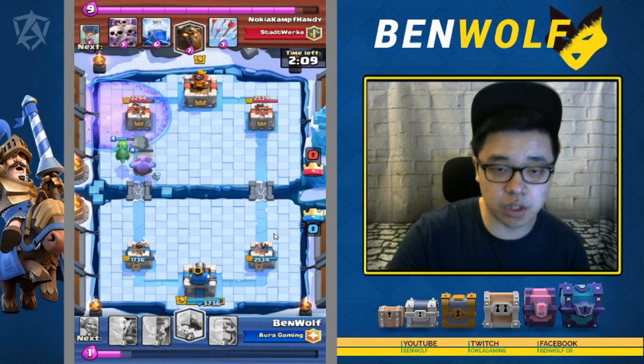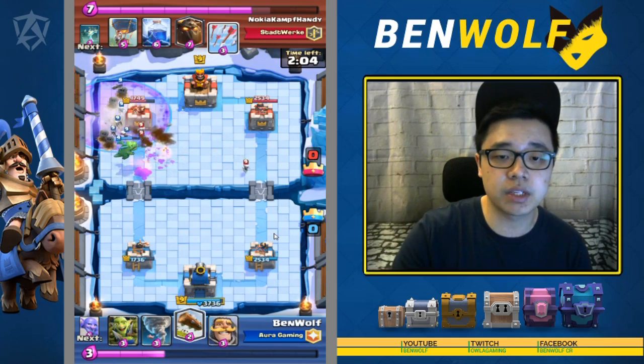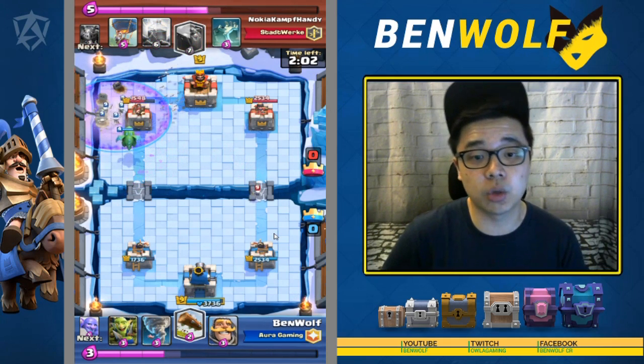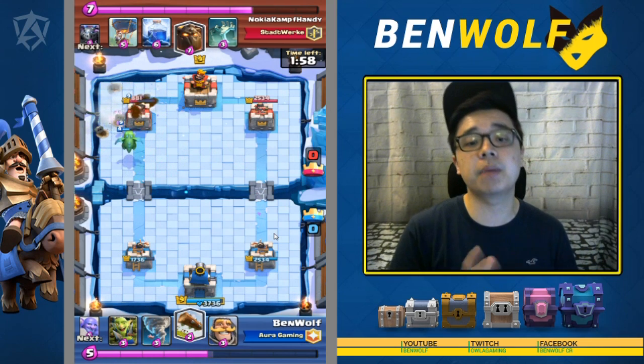So this is where we use a Graveyard, even though we don't have the Poison, that's fine, because we have our remaining units going through. So we are doing a lot of damage over here. Look at the Baby Dragon doing a lot of damage to the tower. A full HP Baby Dragon, if left